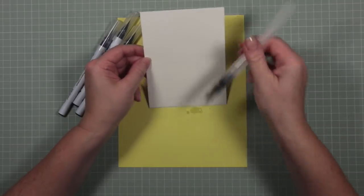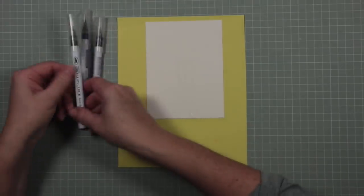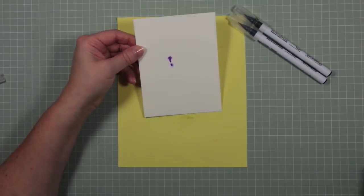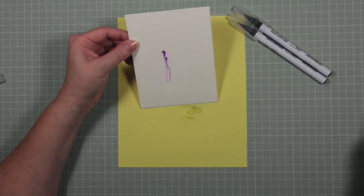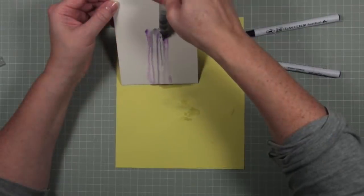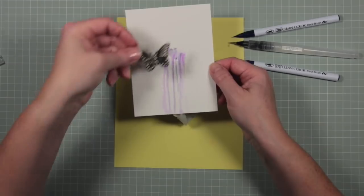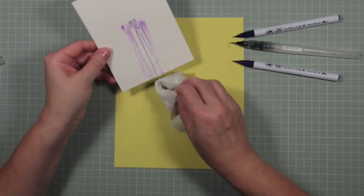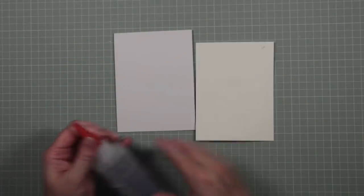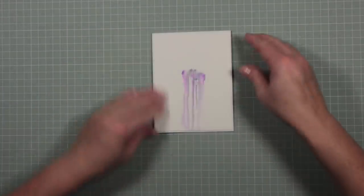The reason that I'm doing that is because I'm going to be using some Zig Clean Colour watercolour pens. I've got a black, a deep purple and a deep blue, and I'm going to add splashes of ink to the top of my waterline, and I'm going to encourage the colours to flow down the front of the card. I want them to be no wider than my butterfly. When I'm happy with that, I'm going to glue it to the front of a white top folding card, and